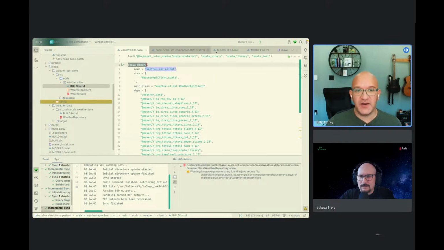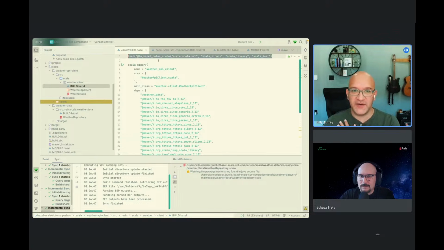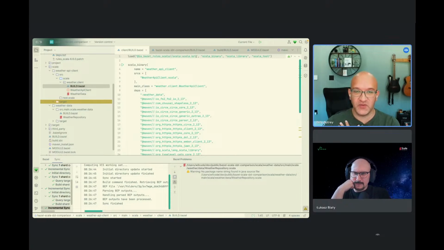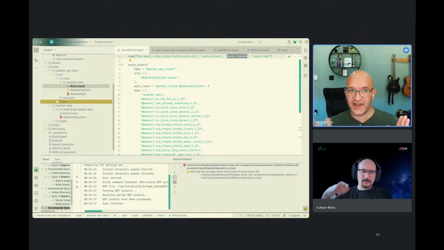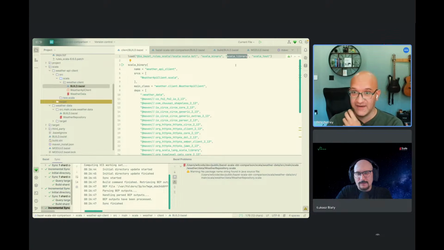This is a build file. What's going on here is at the top, we're saying, okay, from rules_scala, I want to import the scala.bzl rule set, and I want to specifically import in this build file the ability to call scala_binary, scala_library, and scala_test. So this is like importing functions to say, I want to be able to declare a Scala test, I want to be able to declare a Scala library. These things are documented in rules_scala, but this is how you declare, I want to have a Scala building block that compiles with scalac, or that runs with ScalaTest. So this is how you do that: you import the rule first, and then you call it like a function.